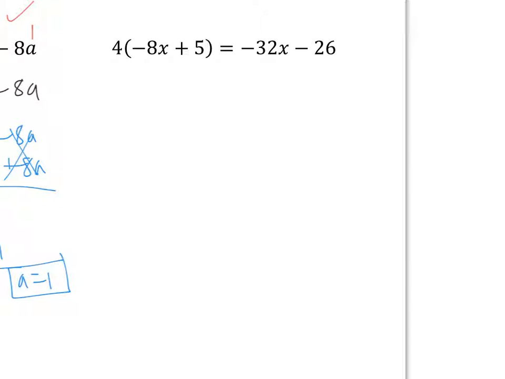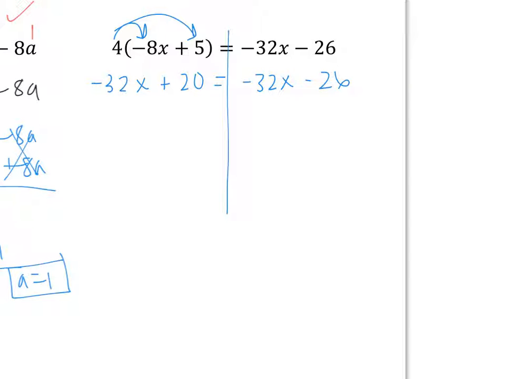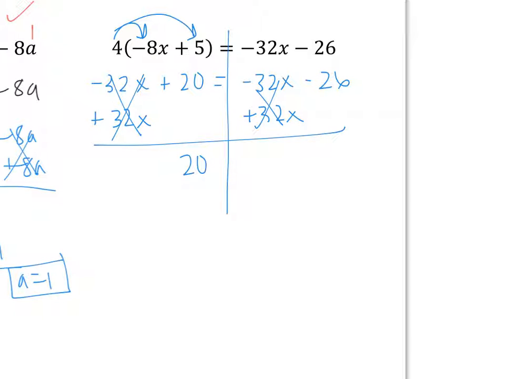All right, last example from the video. Here we go. Let's get started. I'm going to distribute the 4 to both terms inside the parentheses, and I get -32x plus 20 equals -32x minus 26. And I'll subtract 20. Well, before that, I'll move the x's over. Let's add 32x, add 32x. And when I do that, -32x plus 32x is 0x, so I'm left over with 20, and that equals -26,